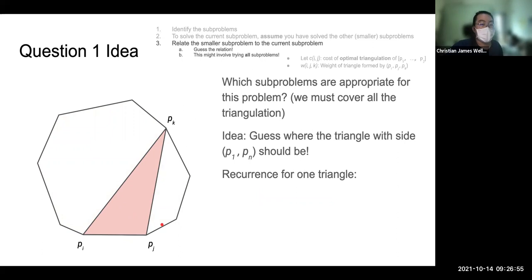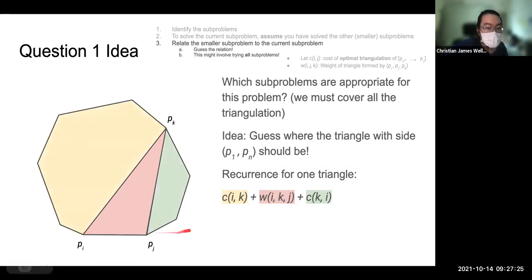Okay, so if I have guessed a triangle, for example, this position over here, I've guessed PI, PJ, PK to be the triangle we are at. Let's say this is the answer. How do I compute the total sum of the total triangulation? I'm not going to talk about minimum yet. I'm just going to ask, if I break it like this, how do I compute the cost of triangulating the entire thing? Okay, and the answer is you consider the red part, this weight,